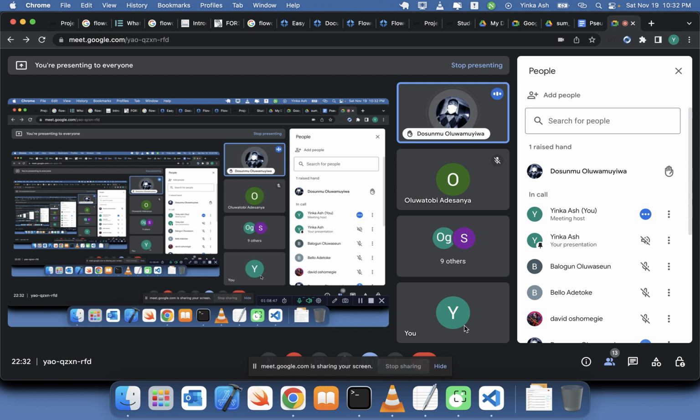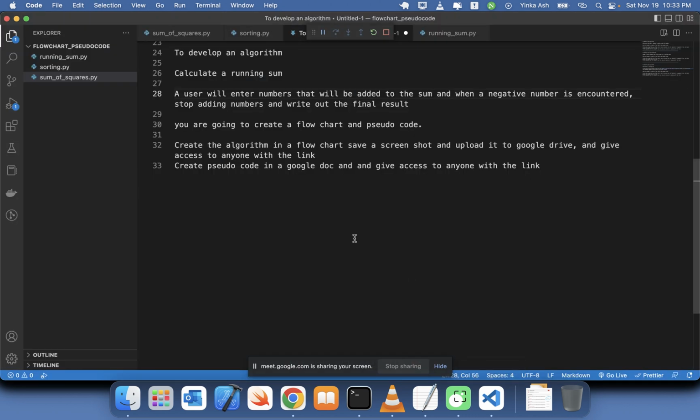It seems that for all these algorithm questions, most of it, someone has to start with initializing a variable. It's either 0 or -1. Maybe it's not a pattern per se, but it depends on the problem set. From the problem set that I see here, a user will enter numbers, so you want to have a container that is keeping